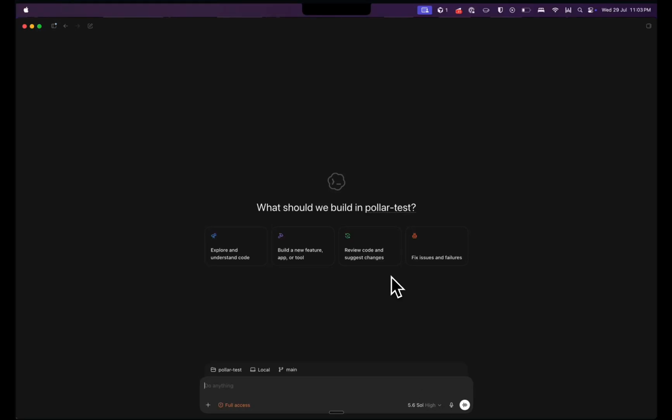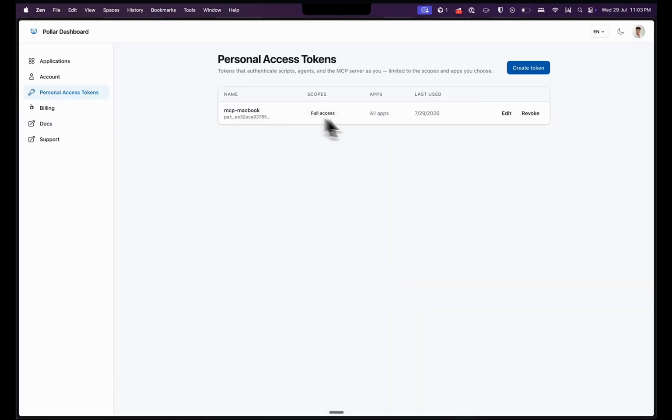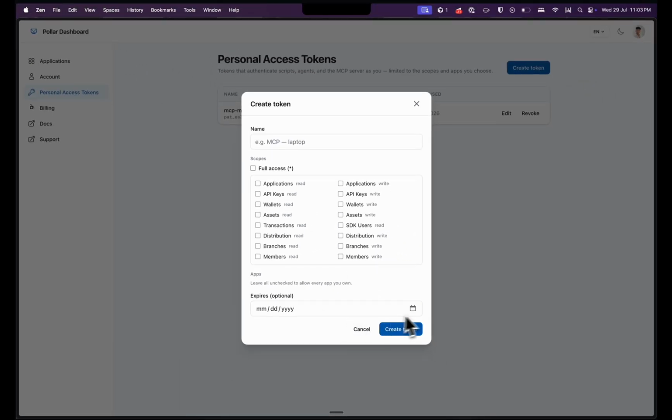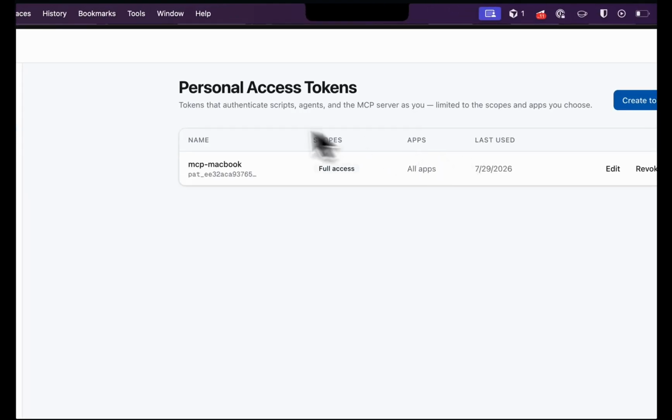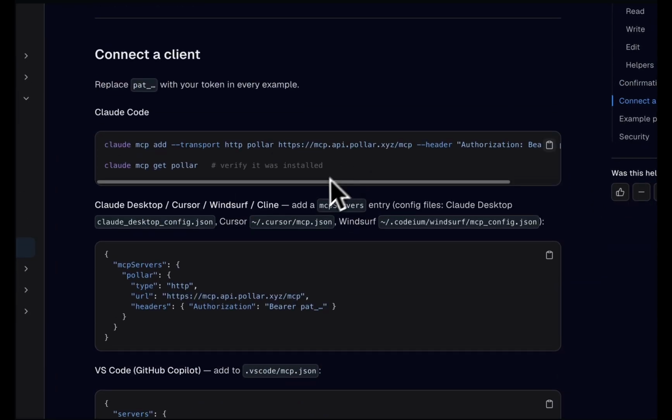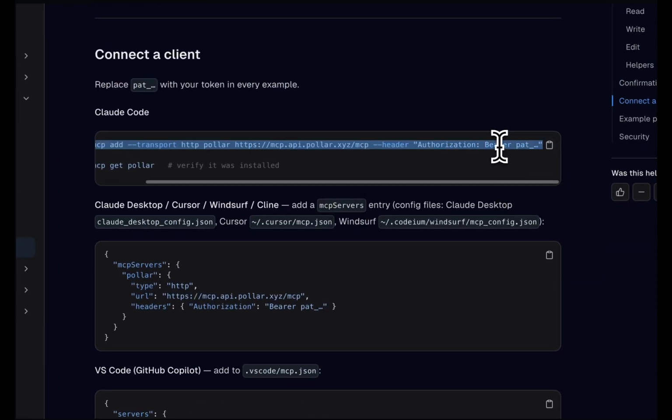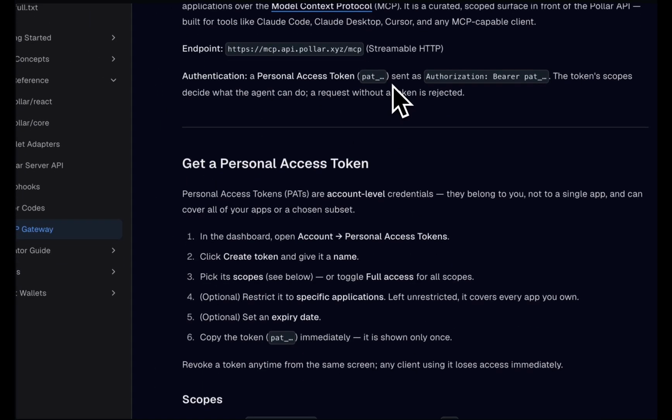Here we will add the Polar MCP in a project. So we will add the MCP using an API key from the Polar dashboard that we will see right here. We create a token with the scopes that we want. We can go to the documentation and then install it directly using